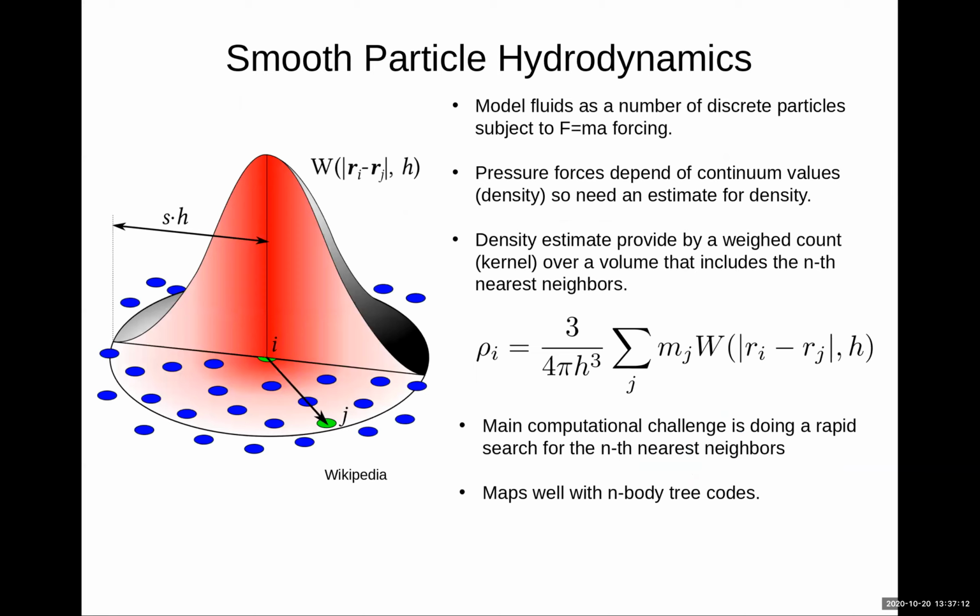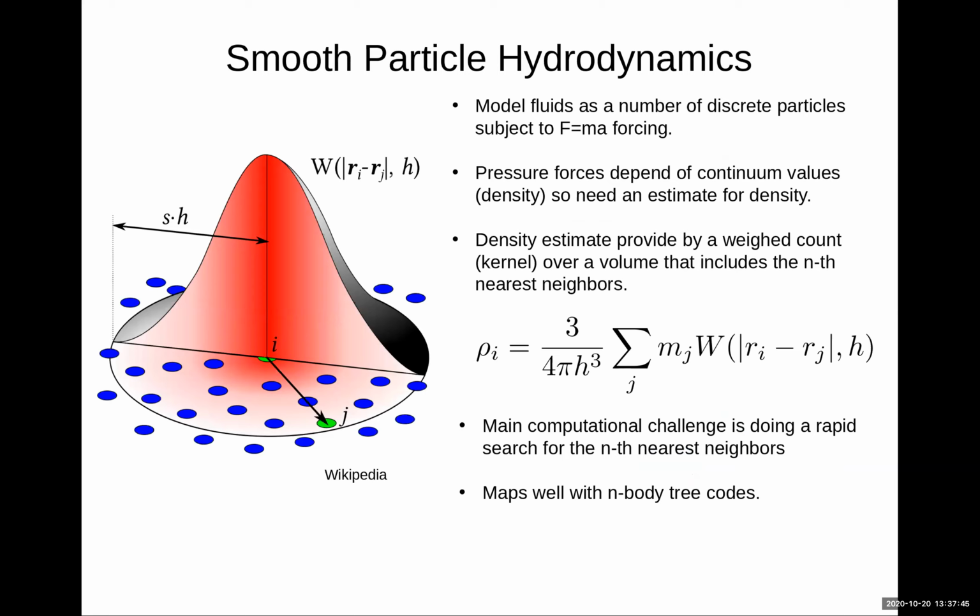All right, so let's talk a little about smooth particle hydrodynamics. I got this little picture from Wikipedia because it's nice. You model the fluids as a number of discrete particles. In principle, you will get an accurate approximation of hydrodynamics when you go to an infinite number of particles, but that's not possible using present-day computers. And so you have a bunch of these particles which are subject to F equals ma, just Newton's second law. Now the issue is that the F part, some of the F part comes from pressure